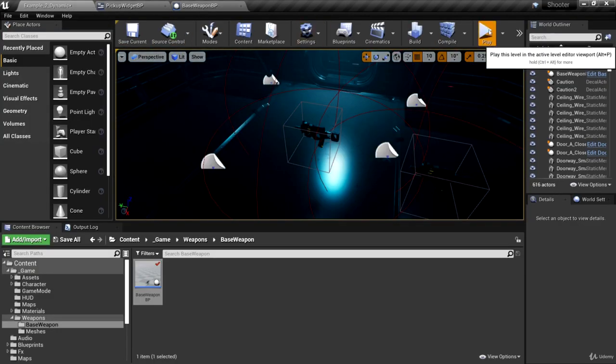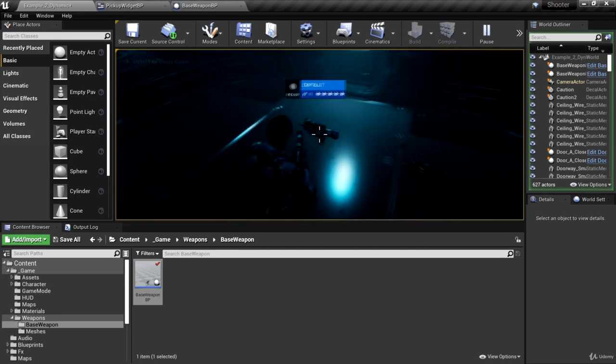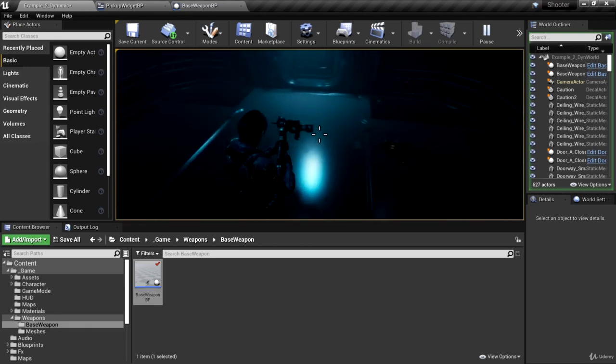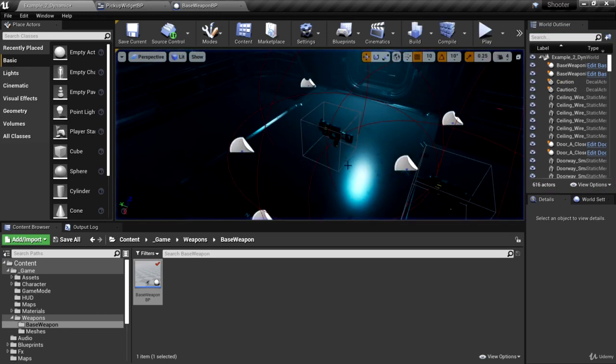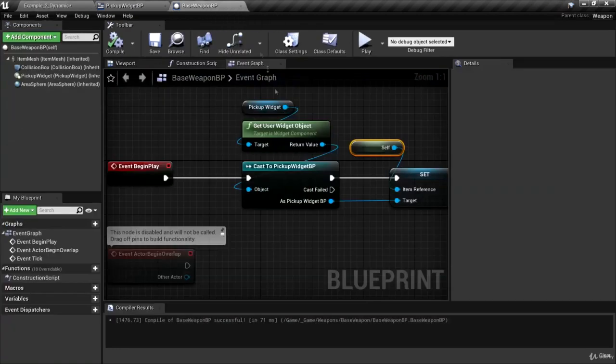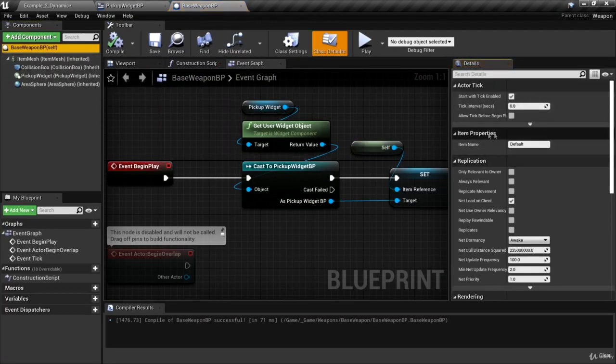Let's go back and hit play, and you'll see that as we hover over, our widget shows default, which is the default value we gave to that FString. And now the beauty about this is that we made that FString Edit Anywhere, which means we can change the default here in base weapon for that FString. So if we go to item properties here, here's item name. We can change this to base weapon